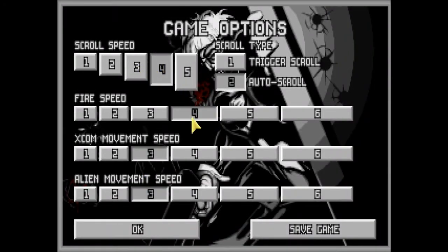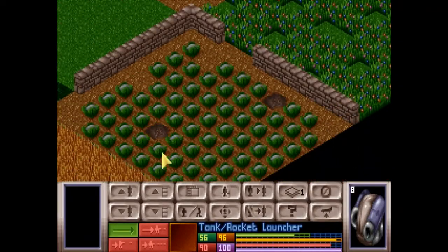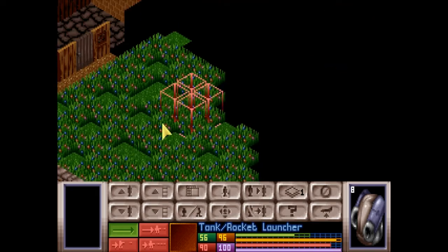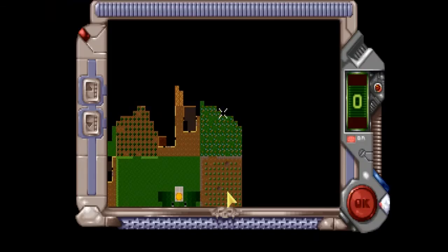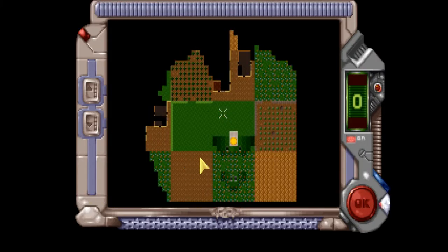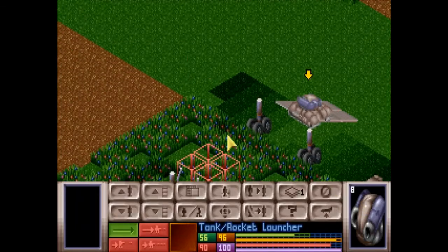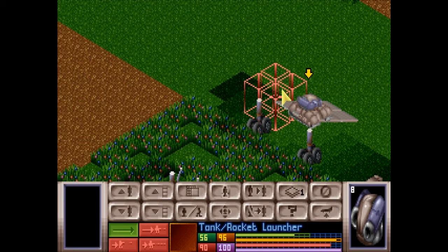What I think I might do is just turn down the scroll speed just a touch, because that's probably a bit better, a bit more manageable. Okay, so that looks like that's the bottom corner of the map there. So that'll give you an idea of how big the map is. So it comes down that way a bit further. That gives me an idea of where I am. So if we